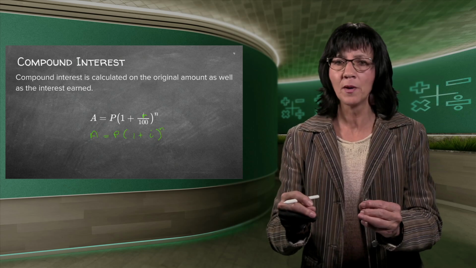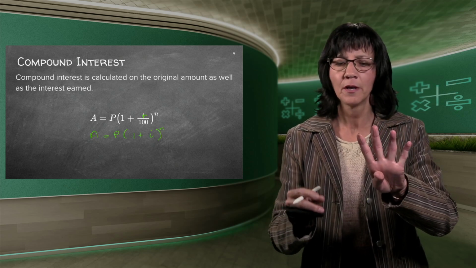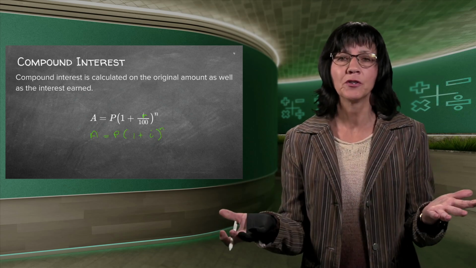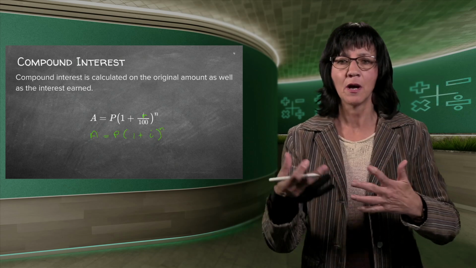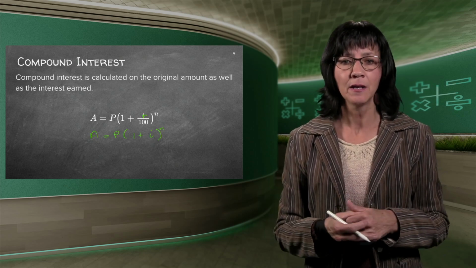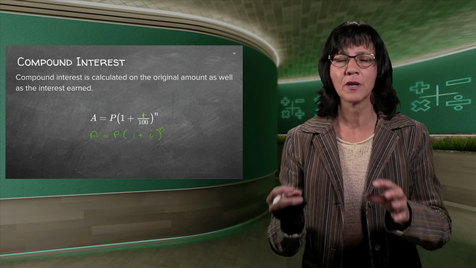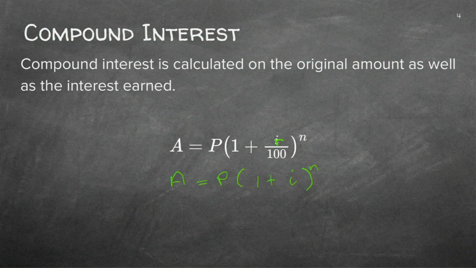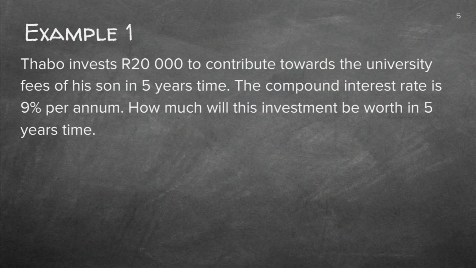You write down the formula. There's 4 things involved. 3 of them will be known, and the 4th one is the one that you're going to work out. So sometimes we're going to ask you the i or the n or the P, not necessarily the A, but once you've got your formula written down and you've filled in the values, you can just find whatever they're asking you. Good. So let's use an example rather.